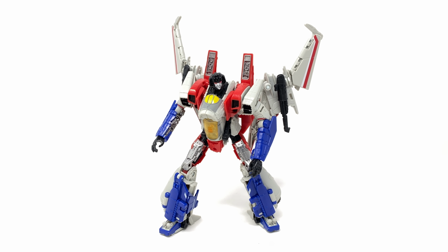that I just want to mention at the beginning of this review is that unlike my initial presumptions, this character here is indeed an entirely new sculpt and does not borrow any pieces from the Studio Series Blitzwing. That was something that I did mention in my Studio Series Blitzwing review, and when this figure was officially revealed, I did state in my thoughts and analysis that he did reuse some parts. However, with closer inspection, I can assure you that he is an entirely new sculpt, and something which is also